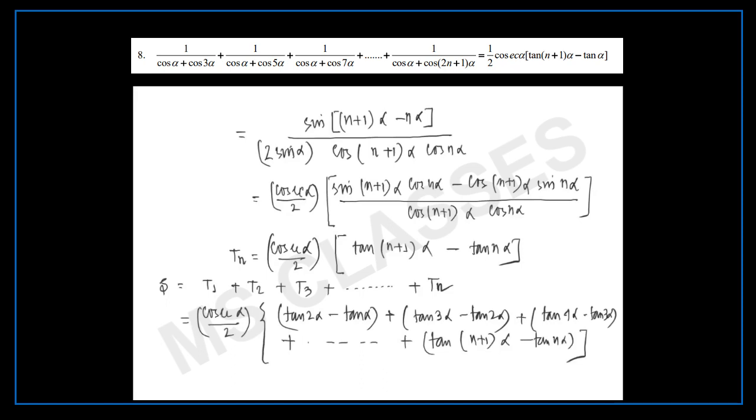This is called a telescopic series. And here we understand these cancel out. This and this cancel out. This will also get cancelled out. So ultimately what you get? You get here cosec alpha by 2 into tan n plus 1 alpha minus